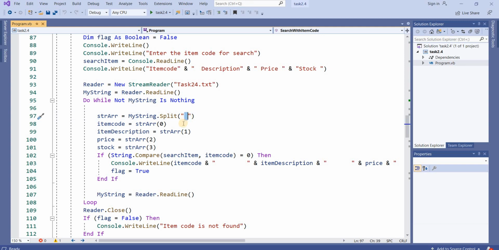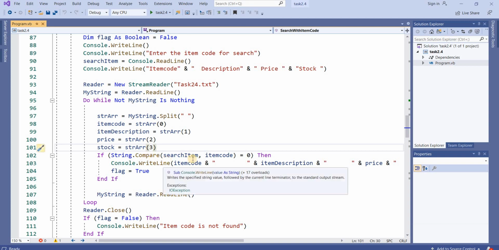It will store into the string array: the first value into the item code, the second into the item description, the third into the price, and the fourth into the stock variable. After getting the string, I split it into respective variables and store the values.